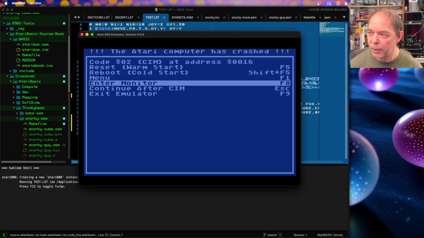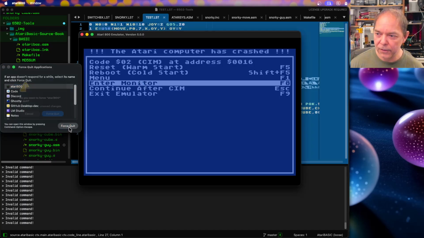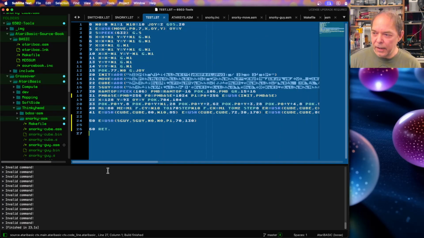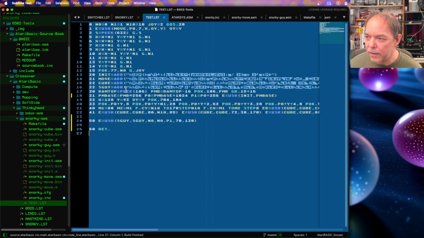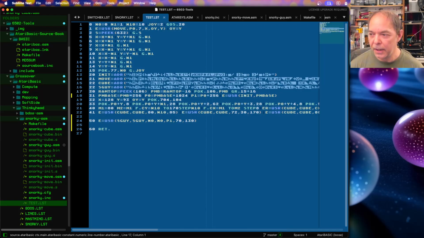Is there a way to enter the monitor? Yes. Unfortunately, when you do it, it doesn't like where I'm entering it from, so it crashes. And then I have to force quit it, so hold on a sec. While I do that. There we go. So yeah, it gives me a bunch of crap when I do that. So, oh well. All right, well, in any case, let's take a look and see